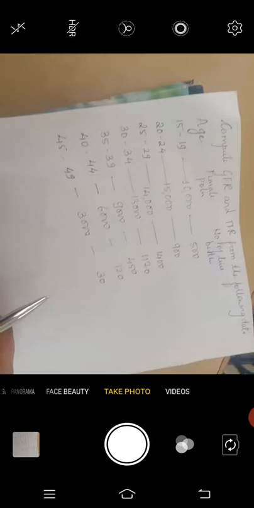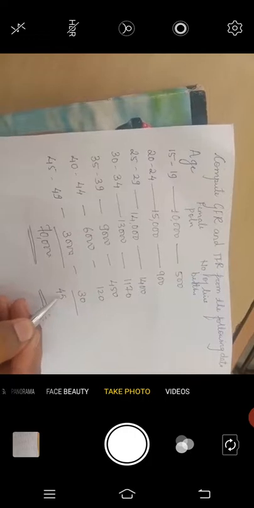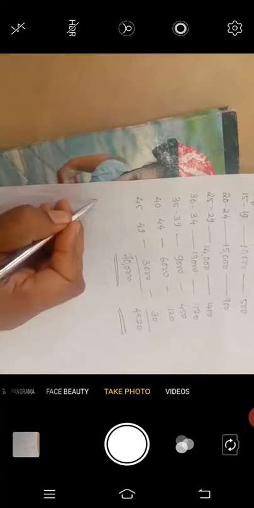Okay, shall we start the solution? We have to solve only two measures, general fertility rate and total fertility rate. So first we have to total the female population and number of live births. Female population, total it. So the total of this comes to around 70,000 and the total number of live births is 4570. Okay, so shall we start? First one.